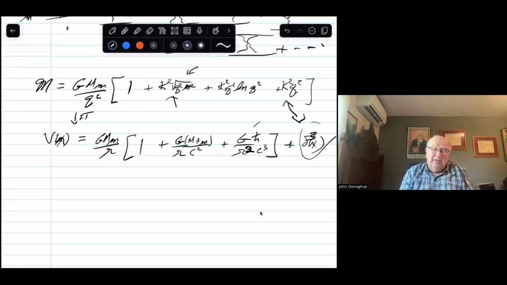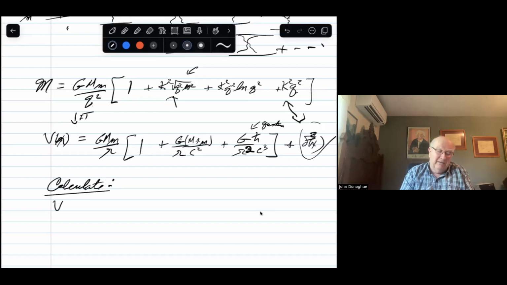So this is a quantum piece, and so it's linear in h bar. And so I've got the quantum correction to the Newtonian potential. You go off and calculate. It's a long and painful calculation, but